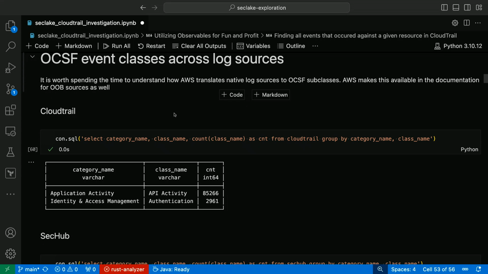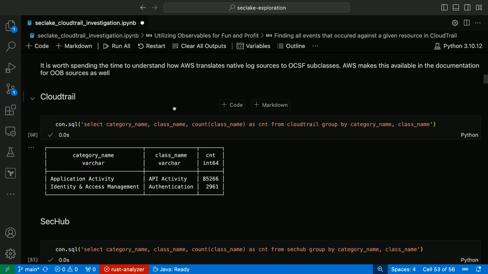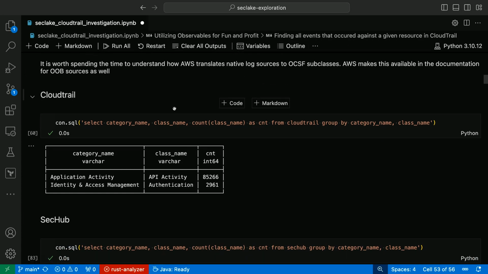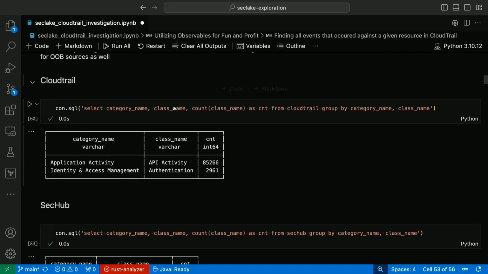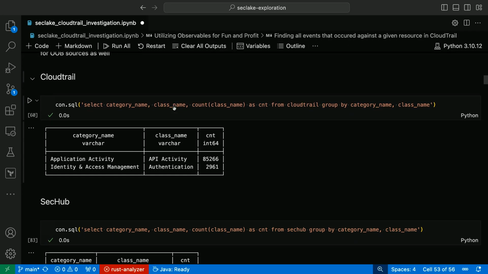And then I have a handful of use case specific queries around threat detection and vulnerability management, and those are kind of at the bottom. So to start off, when I was talking about those subclasses and not creating a crazy graphic, what I wanted to show too is, for each of these data sources that I have, what types of events are in them and how are they classified.